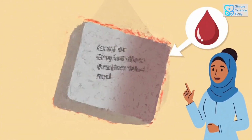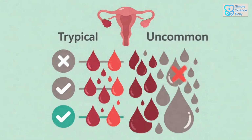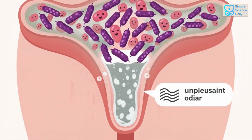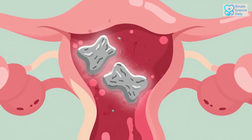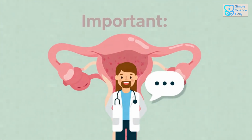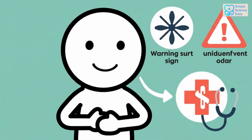One example is gray or grayish red flow. This color is uncommon and may sometimes be linked to changes in the vaginal environment. In some situations, it can occur alongside infections such as bacterial vaginosis, which involves an imbalance of bacteria. In rare cases, gray tissue mixed with blood may also appear after a pregnancy loss. Because this color is unusual, it is generally recommended not to ignore it. If it appears with discomfort, unusual odor, or other symptoms, seeking advice from a healthcare professional is often the safest